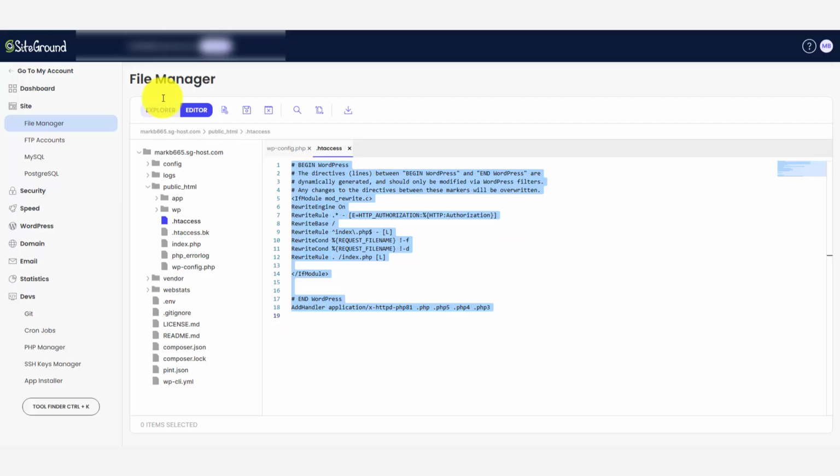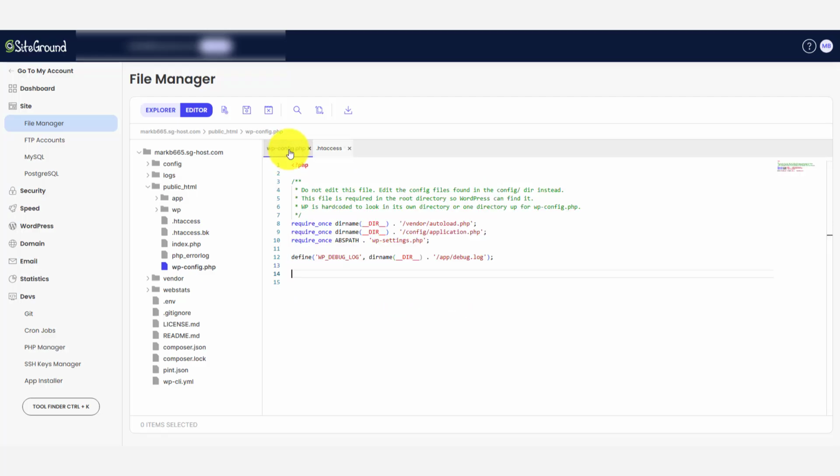So for example, you want to do the WP config option. You log into your hosting provider, go to your file manager, go to the public folder, and look for your WP config. By the way, how my WordPress is set up is a bit different because I'm using a Bedrock structure. So you go into the WP config and define your limit. Let's say define memory limit 256, and the max would be 512, or you can make it 512 or 768 if you want more of it. But